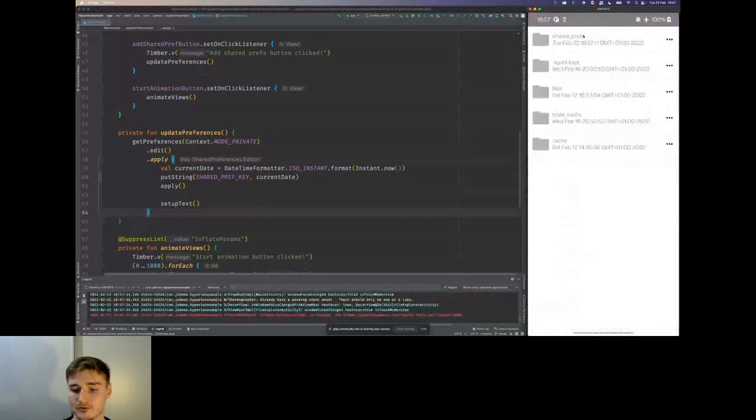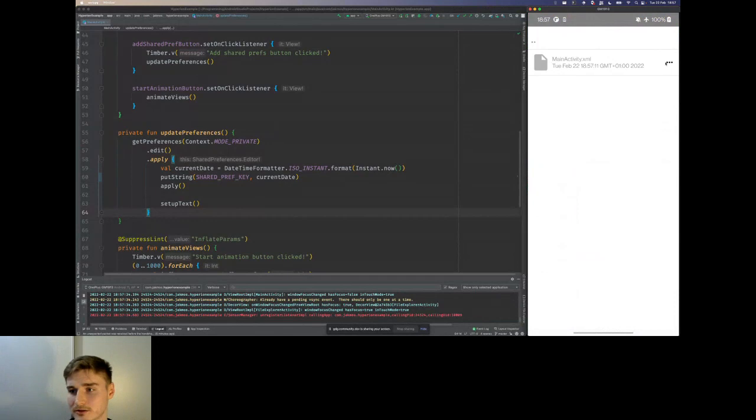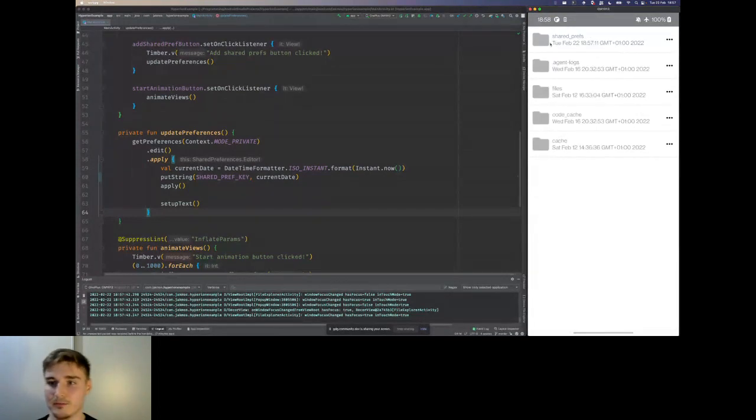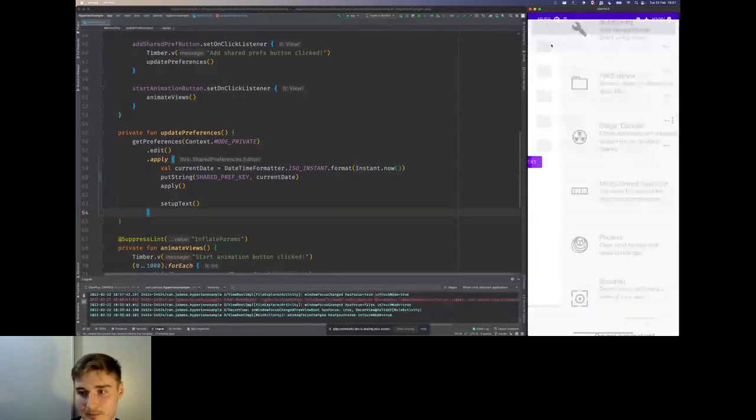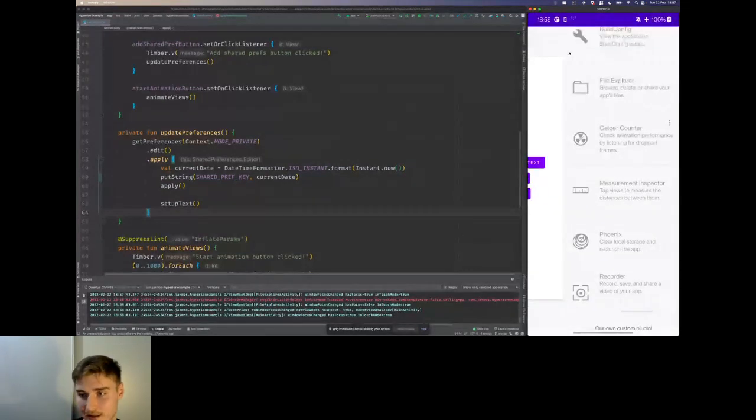Something really similar to shared preferences is something called File Explorer. It allows us to browse all files that we have in our app. We can also share them, or we can delete them. And the same, we can check how the app is going to behave after deleting one. I don't have much experience with that plugin. I'm not using it at all. So I'm not sure what its use cases are, but I believe there are many if you are creating and editing a lot of files.